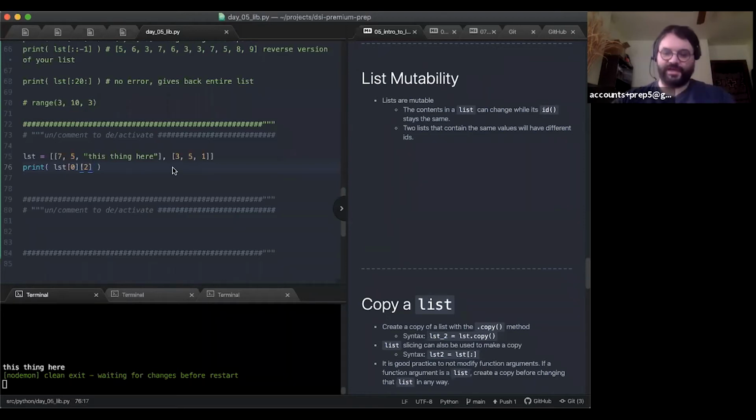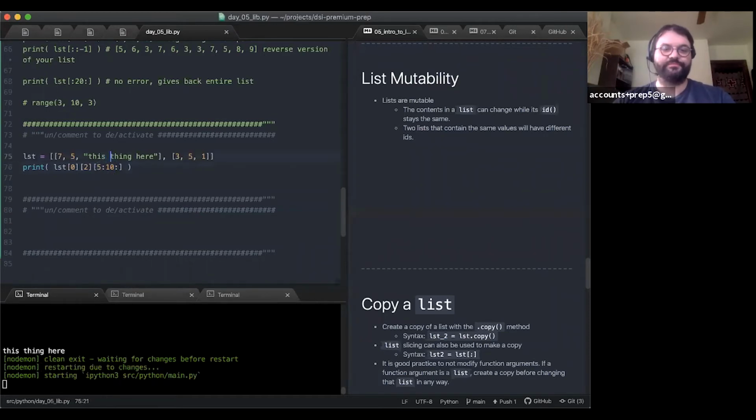Great. I'm seeing a bunch of great answers. So we can do 5 to 10. We'll start at index 5 and go up to, but not include, index 10, and that'll print out the word thing. That's because strings are 0-based indexed, right?